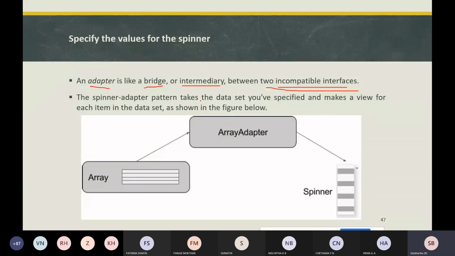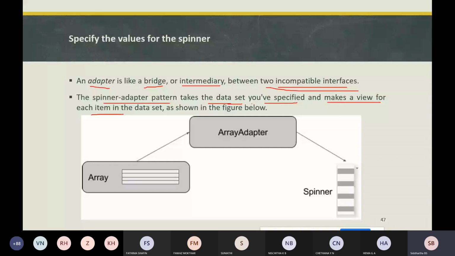There is a pattern called the spinner adapter pattern, where this pattern takes a data set. Whatever data set we have specified is going to be taken in the spinner adapter pattern, and after taking that data set, it makes a view for each data item.